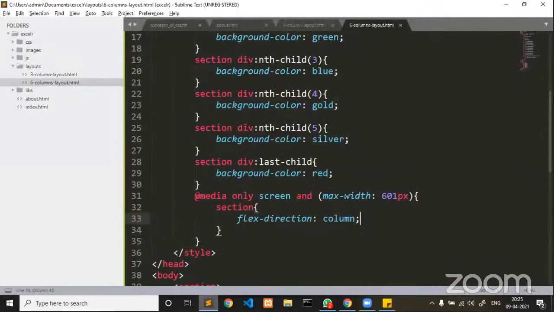To write a conditional CSS, we are going to write media queries. Guys, again I'm repeating, the media query is a concept. If you are planning to write a conditional CSS for your web elements, in order to achieve responsive web pages,